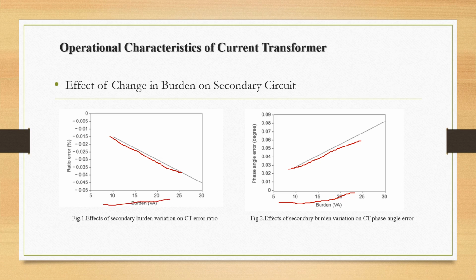So with the increment in burden, the ratio error will increase, but as the CT is connected basically with the inductive load, the value of the ratio error will be negative. So an increment in the negative value means the nature of the curve will be decreasing. That's why we will get this. Next,